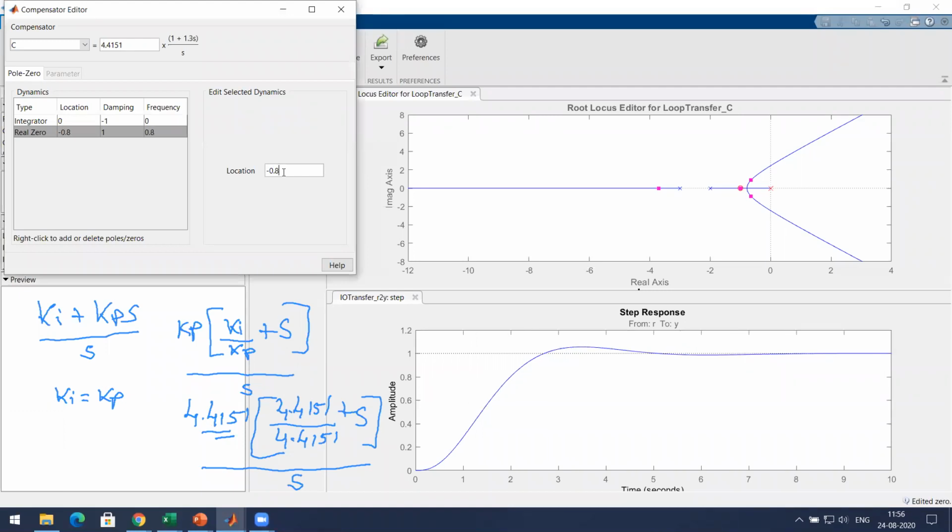I say 0.8 here. Do you see now? This has changed. Yes, sir. So this is 1.3s now. If you take this as Ki, then this will be Kp, 4.4151 into 1.3.